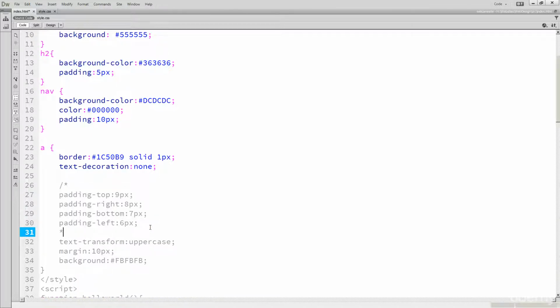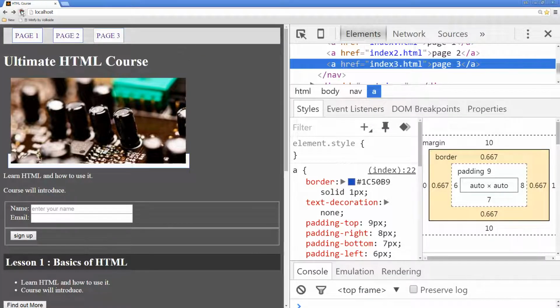So if I'm just going to bracket that out and do padding, you can see that, and do 9 pixels, 8 pixels, 7 pixels, and 6 pixels. So working clockwise from the top, I'm going to refresh this